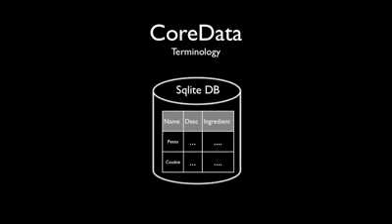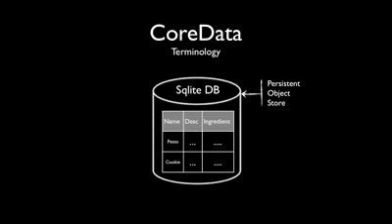So to further expand upon the Core Data terminology, let's look at the traditional way data is stored in iOS apps. It's usually stored using a SQLite database. So here you have a database and a table in there called recipe with three columns: name, description, and ingredient. Well, in Core Data,